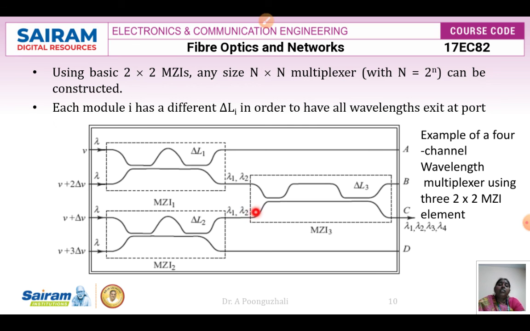So now all these signals are going to be given to Mach-Zehnder interferometer 3. At the output side, the signals are going to be split, and one signal is going to have a path difference of del L3 there. And these 2 signals are going to be combined, and on one side it is going to have a 0, that is, a destructive output, and on the other side we are going to have a combined output. So the combined output means lambda 1, lambda 2, lambda 3, lambda 4, which I am going to get at the output of your port C.